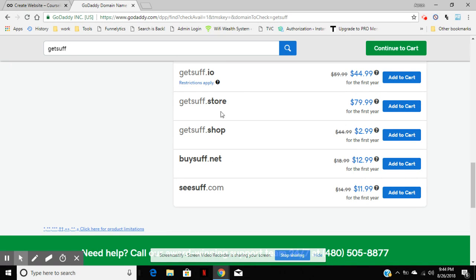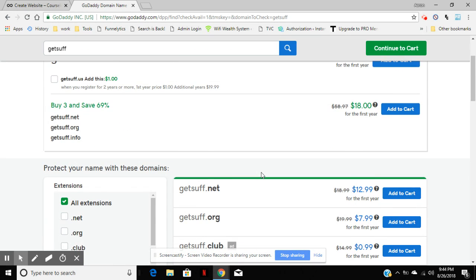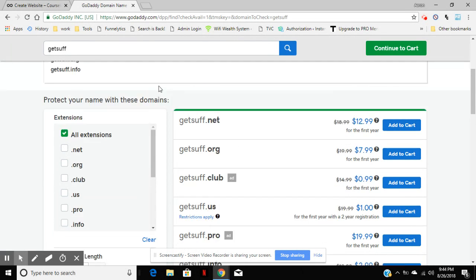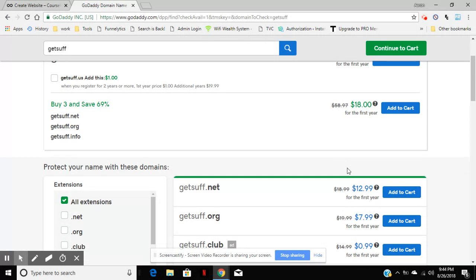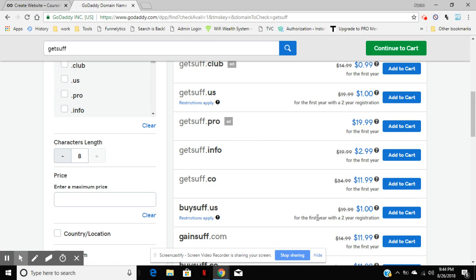I wouldn't use shop or store unless you're actually going to have a shop or store, or a club, stuff like that. Just keep that in mind. If .net and .org aren't available for you, choose one of these other ones. But info, unless you're giving info out, don't use it.